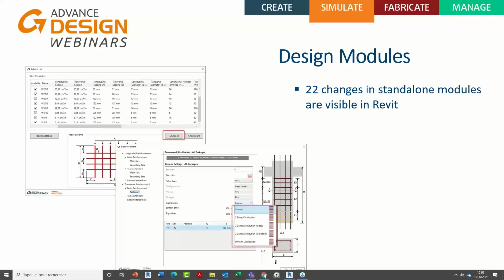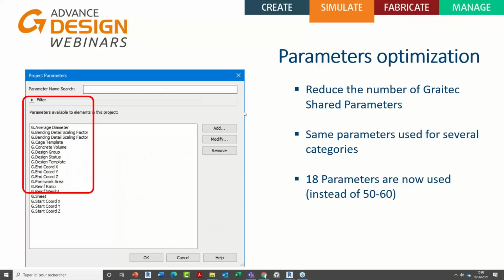There are many user interface optimizations in this version. I'm not going to describe all of them. Another point that can also be an added value for Revit users is the significant work we have done in terms of optimization regarding the number of parameters used.